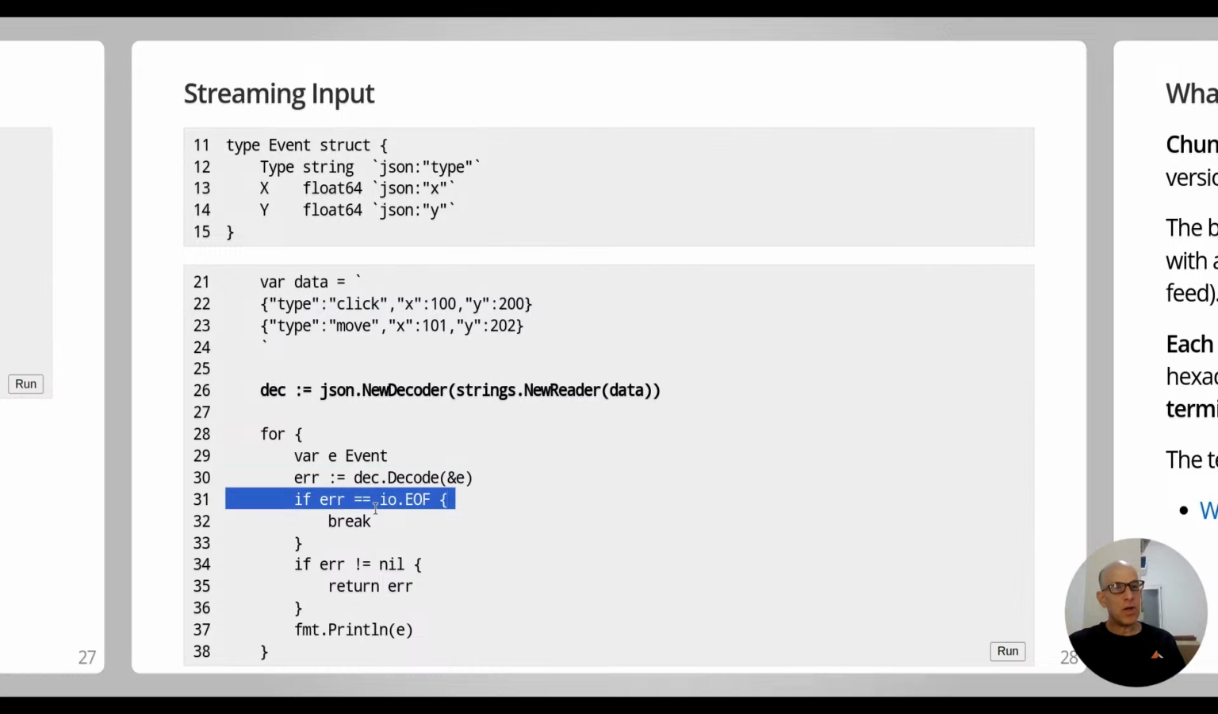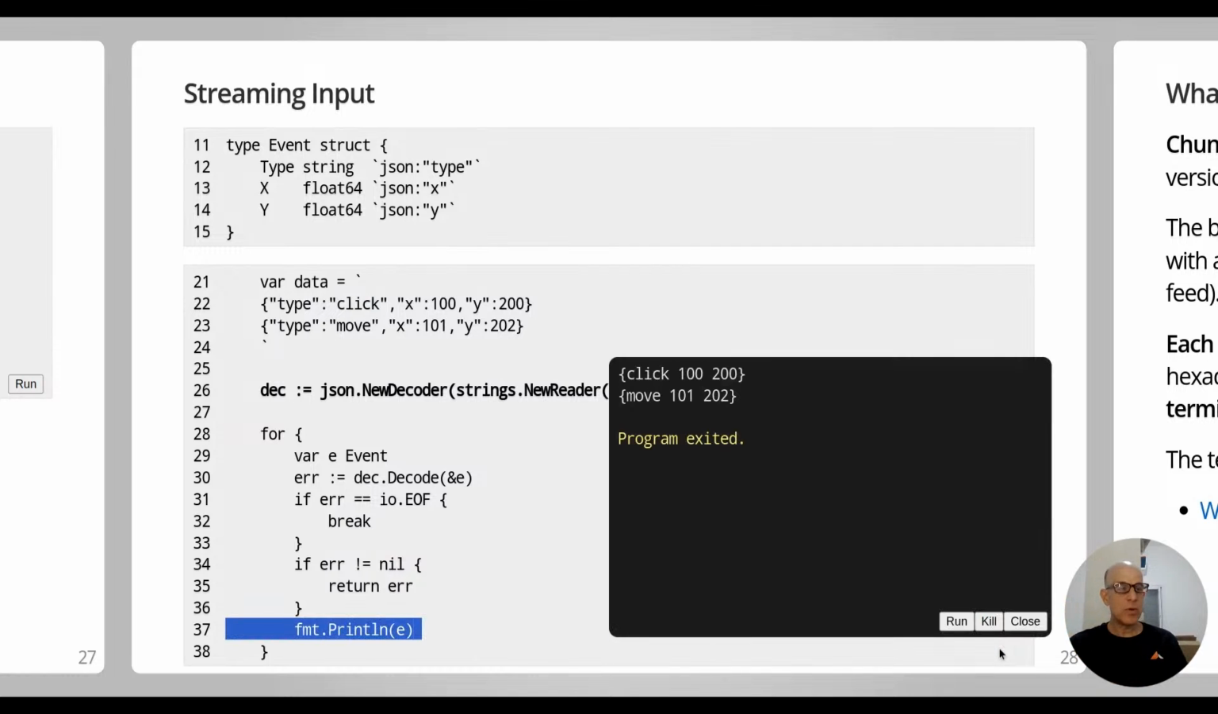Now, if you get the EOF, end of file, this means there's no more data. I'm done. If there's another error, it is an error. And otherwise, I'm going to print out the event. And you see when we run it, I'm actually consuming that. So the encoder and the decoder, both of them are working well with